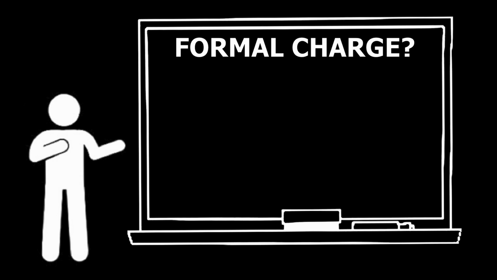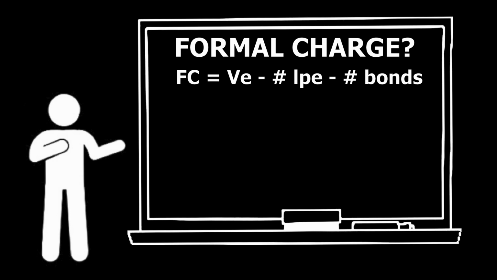skeletal structures. However, for now, I want us to focus on some other things when we draw a molecule, such as the question of whether or not any of the atoms have formal charges. Well, you may be asking yourself, what is a formal charge? If you remember back from Gen Chem, a formal charge is the charge on an atom within a molecule calculated by the formula: formal charge is equal to valence electrons minus lone pair electrons minus the total number of